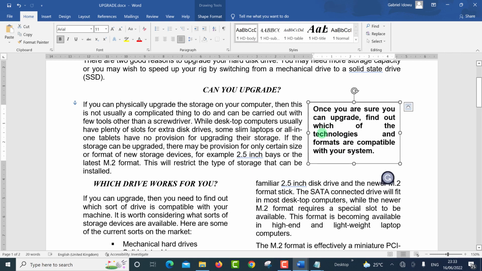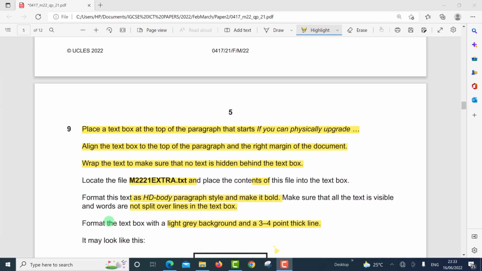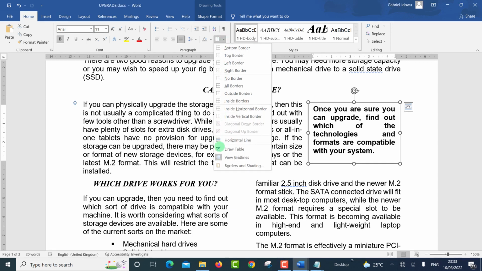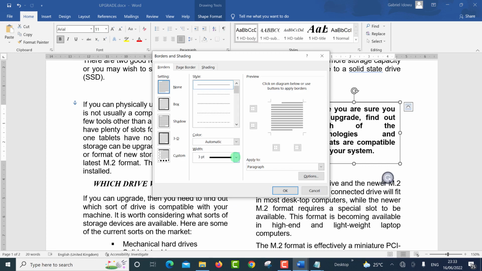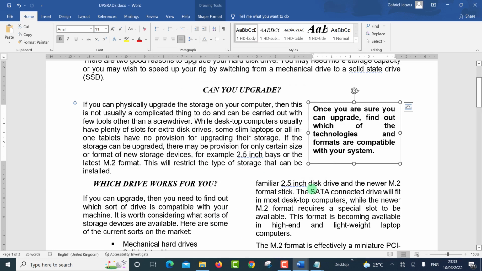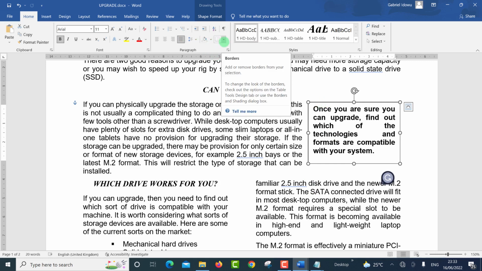So the next thing is format the text box with a light gray background and a 3 to 4 point thick line. Light gray background according to the instruction. To do that, open the borders and shading settings, then go to box. The instruction says within 3 and 4. Because what you are using is a text box, you can't do it here under borders